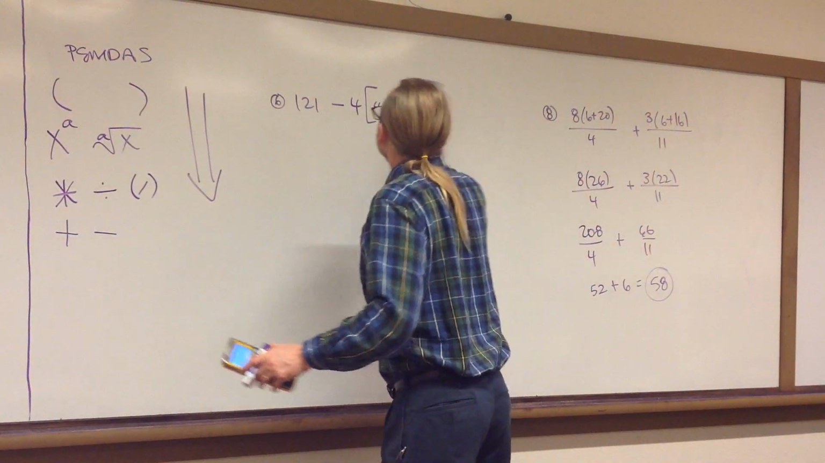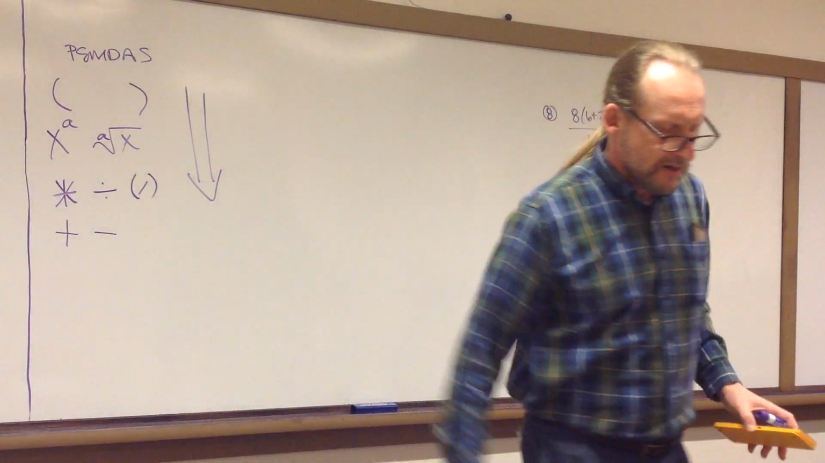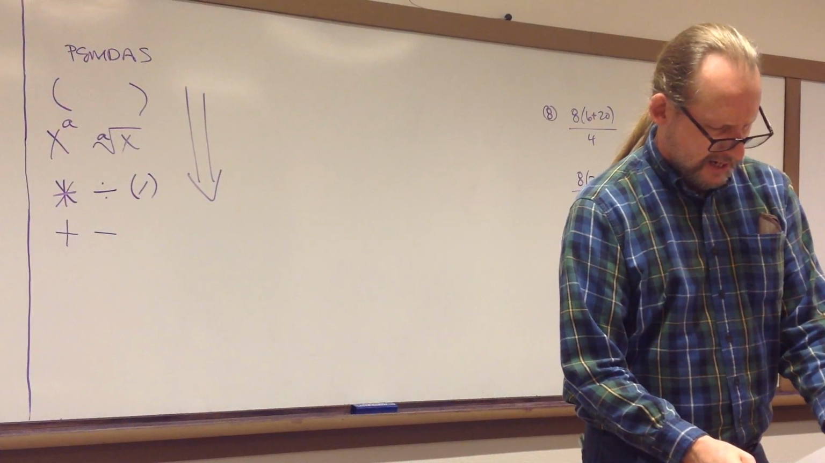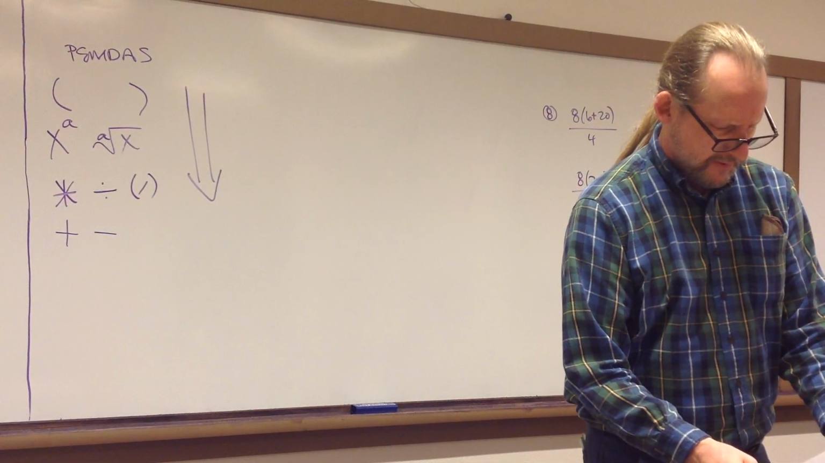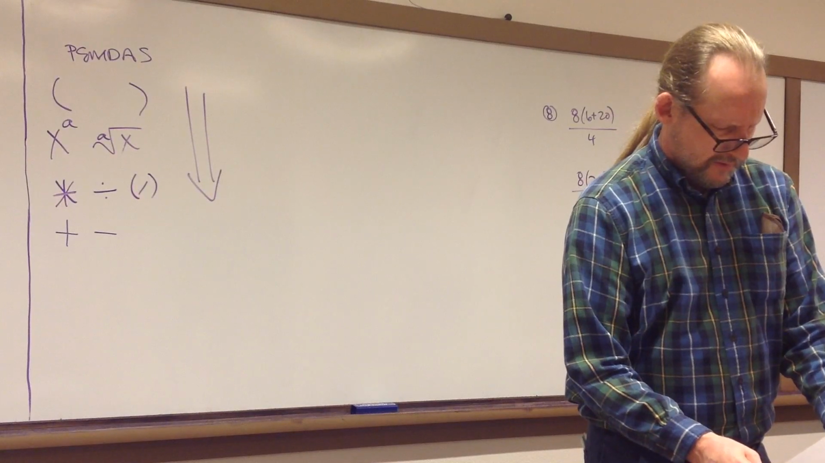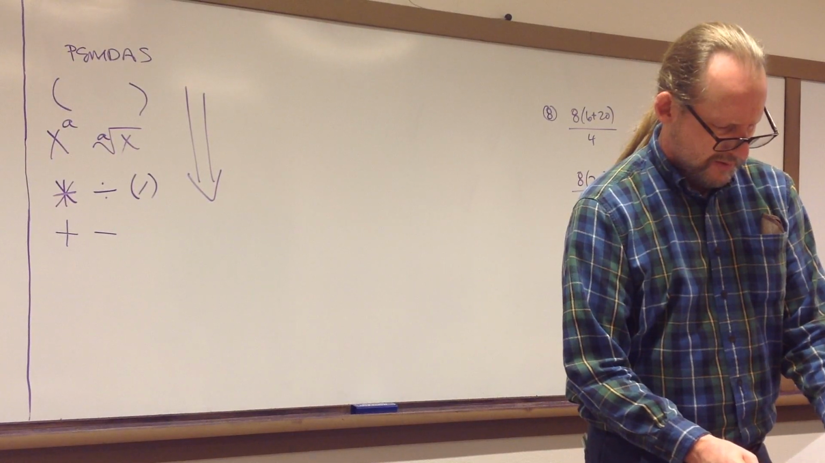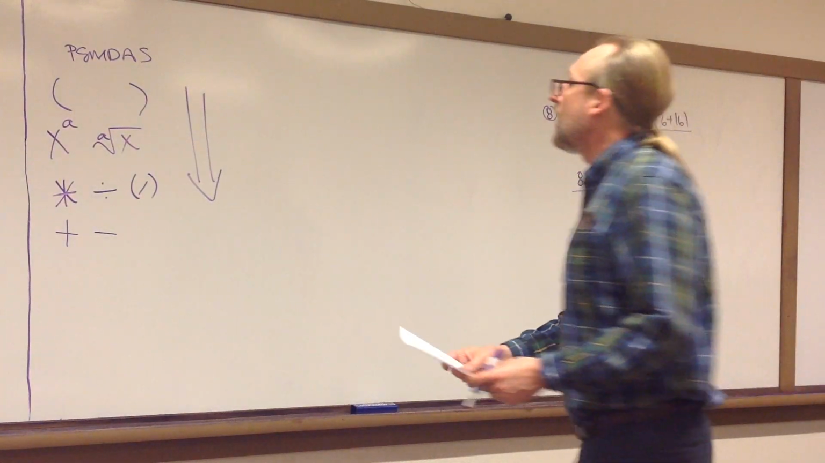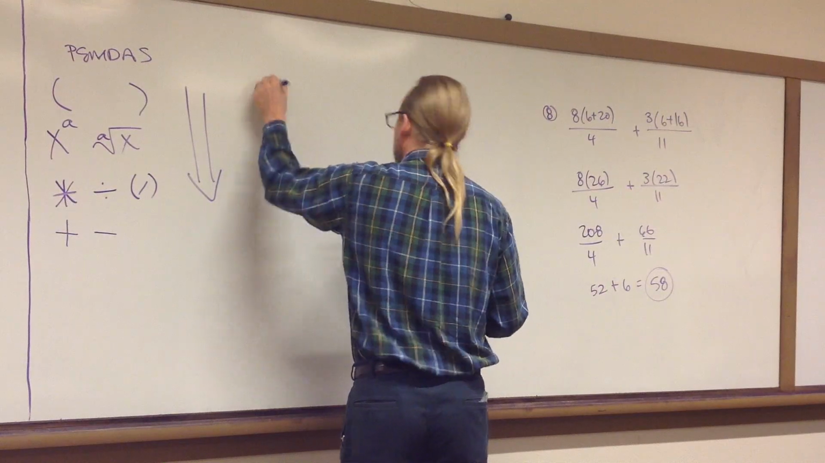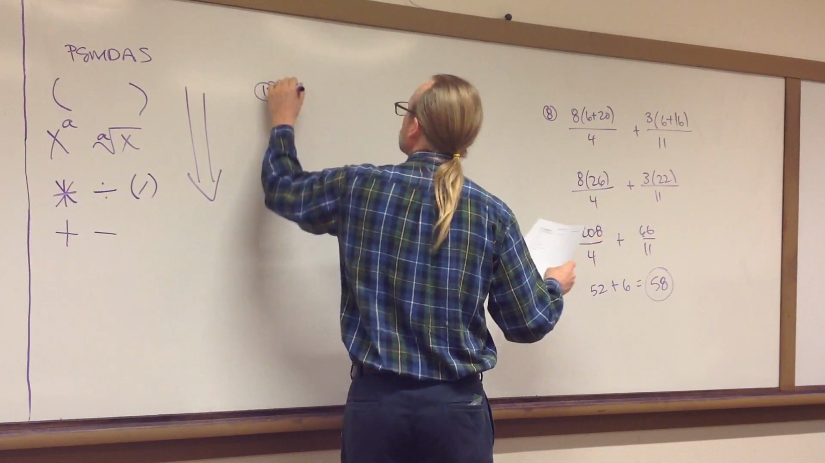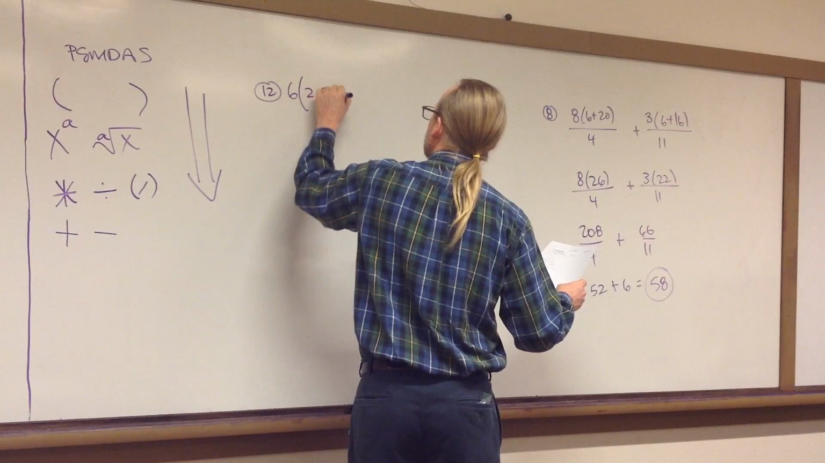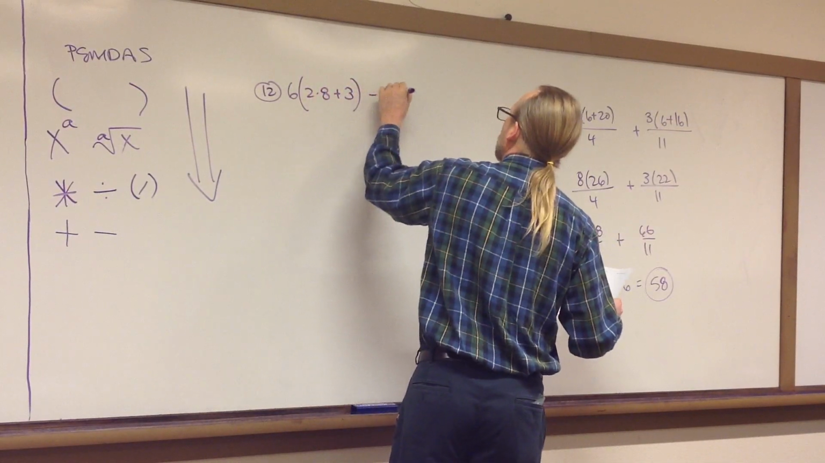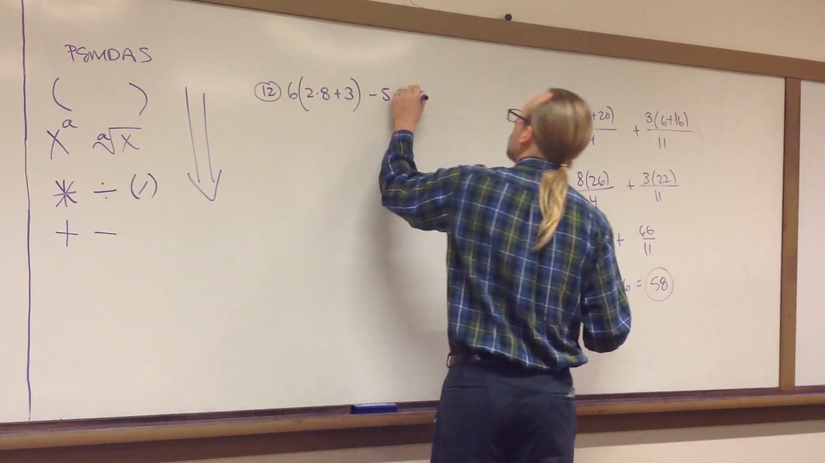All right. Well, we'll look at a couple more here. Let's just do one more here. Problem 12. This one's nice and complicated. 6 times 2 times 8 plus 3 minus 5 times 2 plus